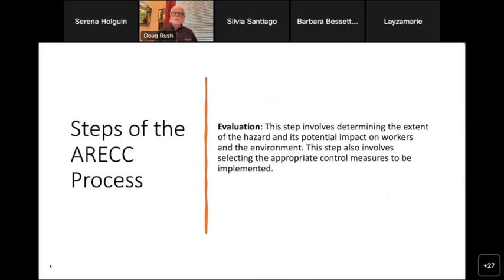And evaluation, this is the one that lots of us do all the time. Many times the A and the R part of this thing, we just do it intuitively. I mean, we've been in this thing a long time. A lot of times we don't document what we've done, but many times we go straight to the evaluation. Many times when I'm asked to come out to a plant, this is what I end up having to do, is take what they've already got and go straight to an evaluation. But we're trying to identify the extent of the hazard. What is the level of exposure? What's the likelihood of harm? And what are the consequences of exposure out there?